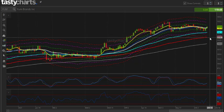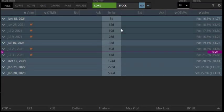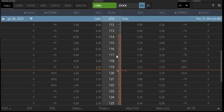You could really buy this stock quite a bit cheaper with options, and that will give you quite a bit of upside potential. Taking a look at that options chain just to see, you have earnings here on July 29th. So you could trade out to July 23rd. Or if you're really interested in owning this stock, you could go even across the earnings and buy the stock